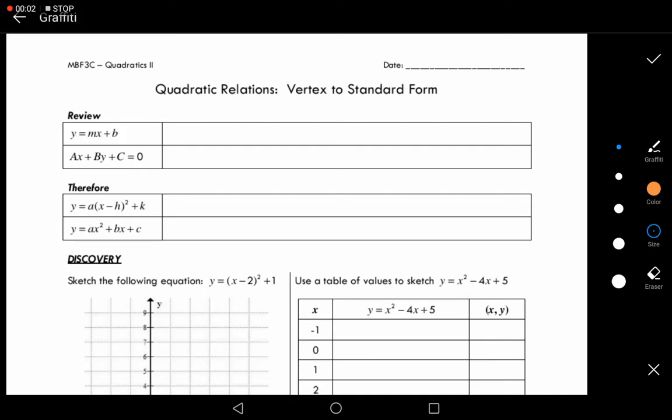This is the second note of Unit 3 on quadratic relations. We are going to be talking about vertex to standard form. So, as just a quick review